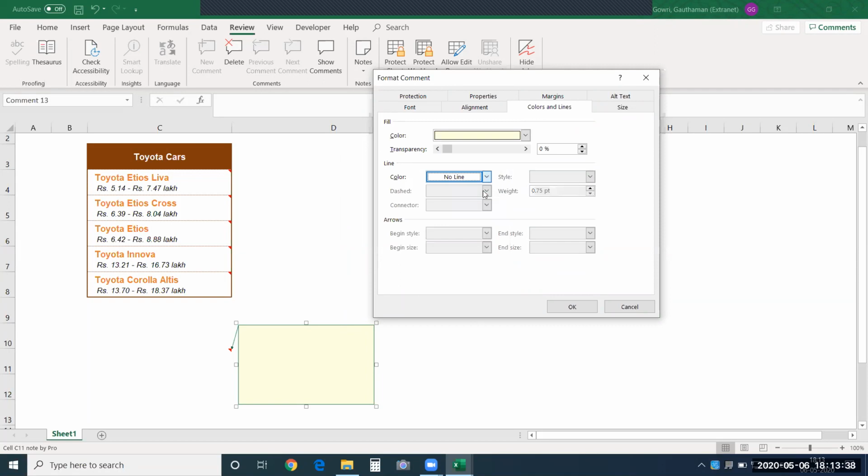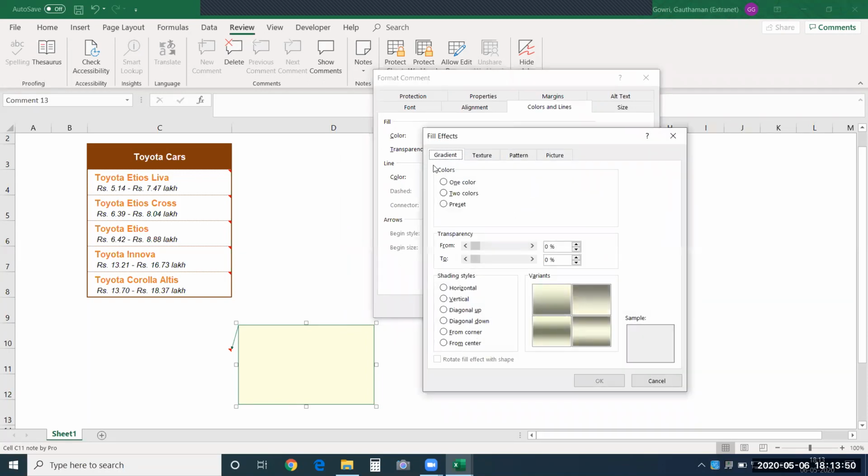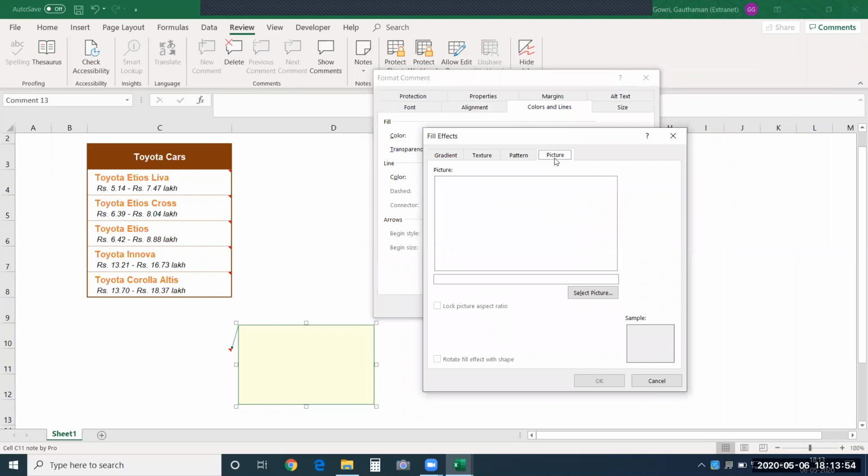And in place of color, if you go to fill effects, there is an option known as fill effects. I choose that, and in fill effects you have picture. You need to select that option, and you have the option to select a picture that you want to insert.